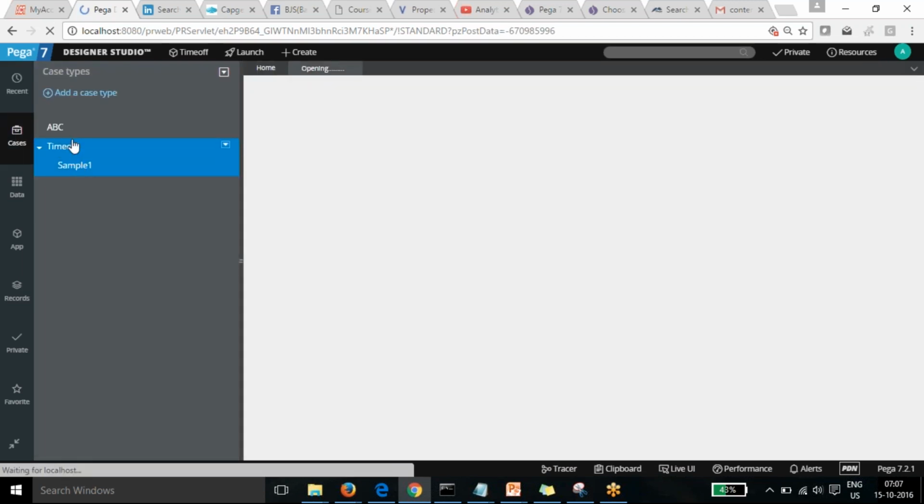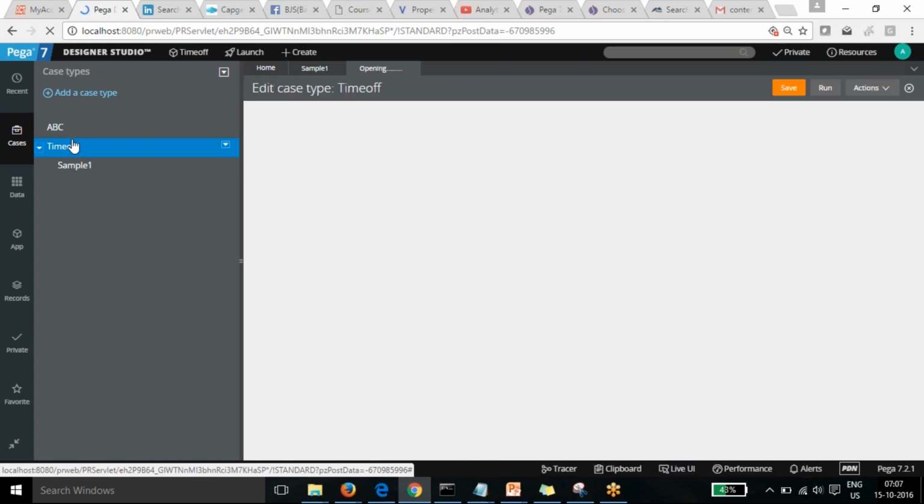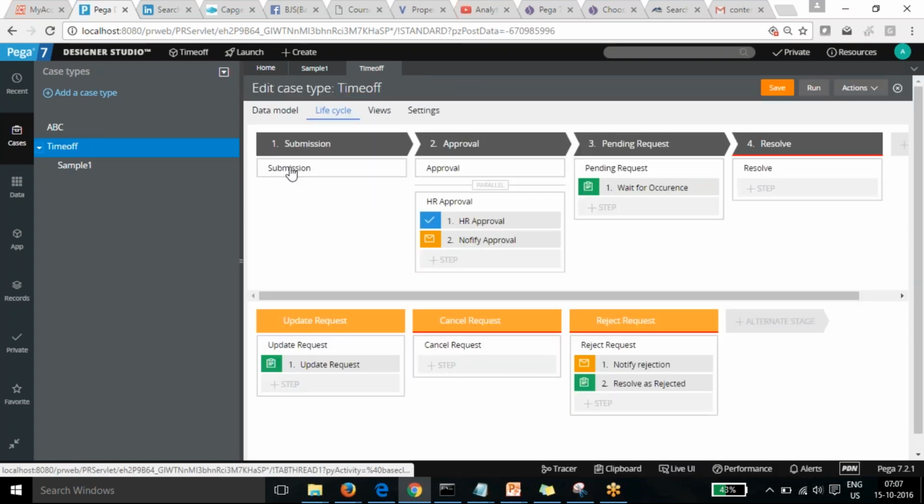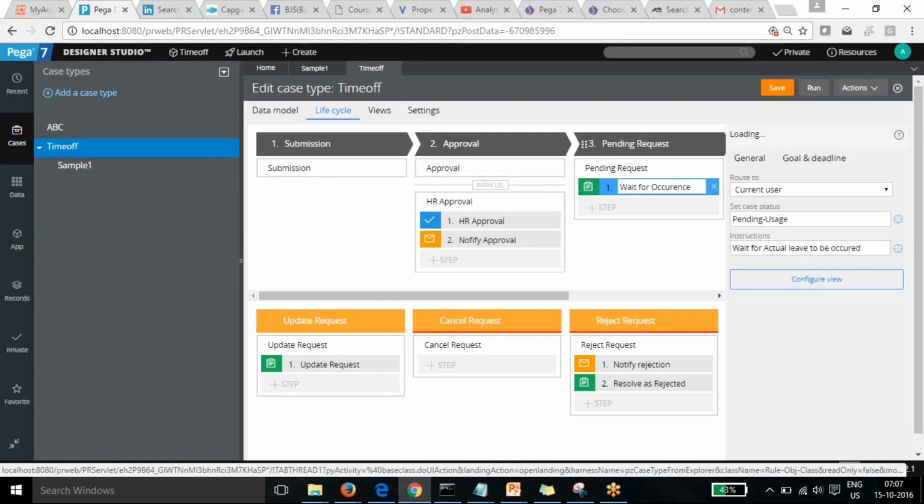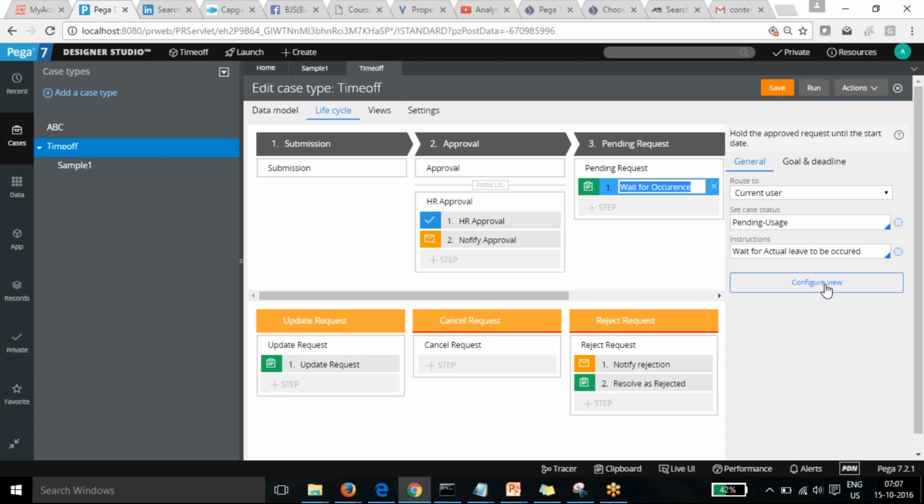Okay, now in this I converted into a multiple process, and if you see here, this is a single step. You can see here configure view. If I do that, I can add fields directly to it.